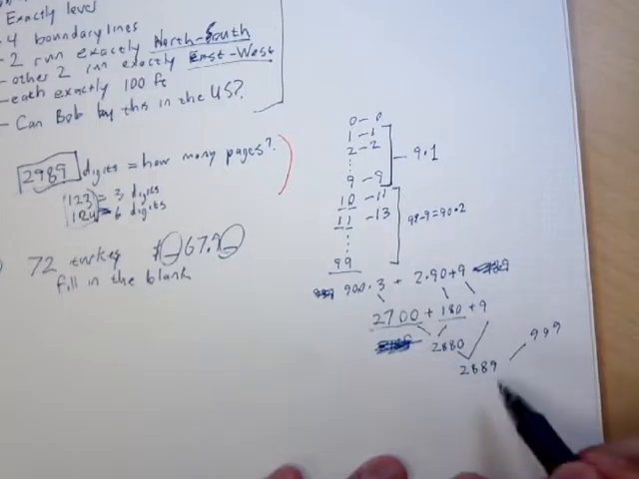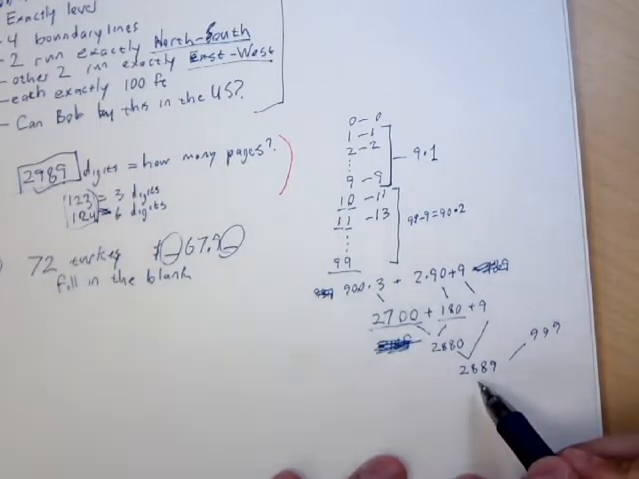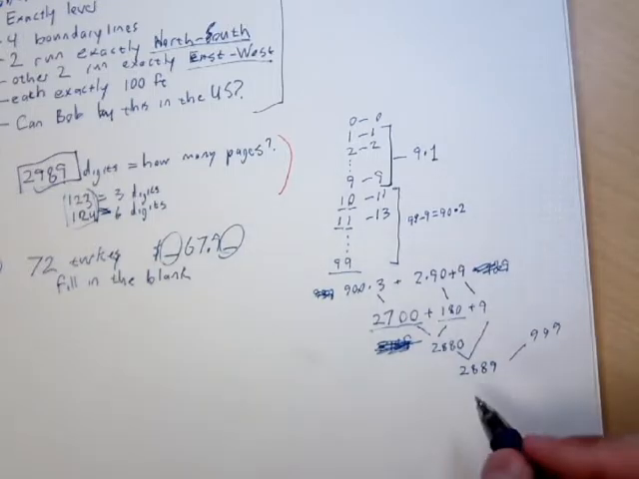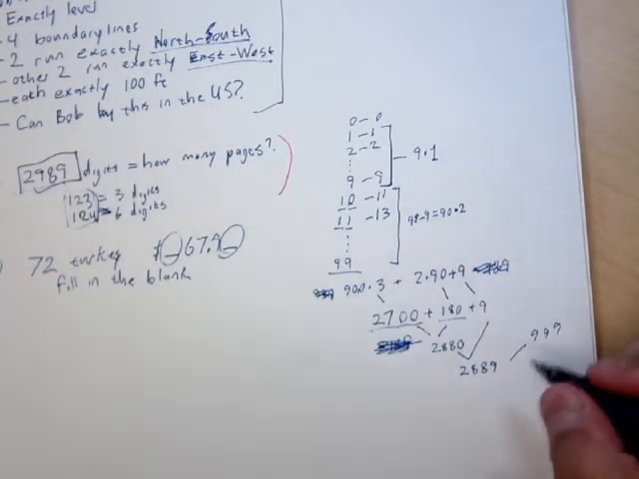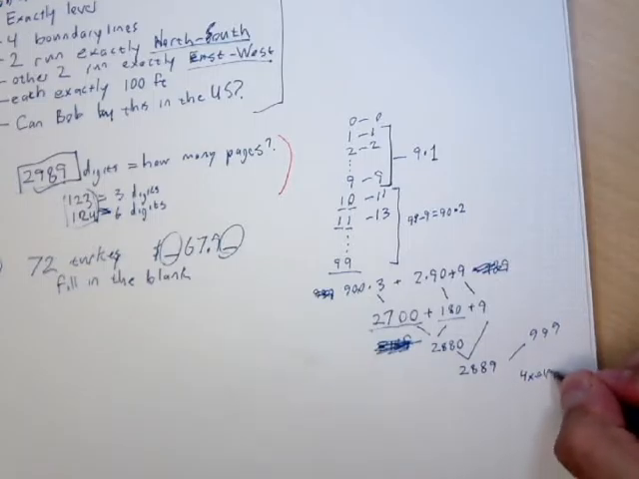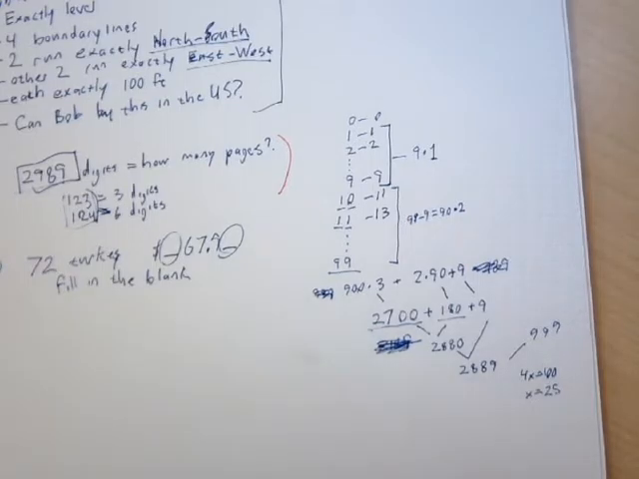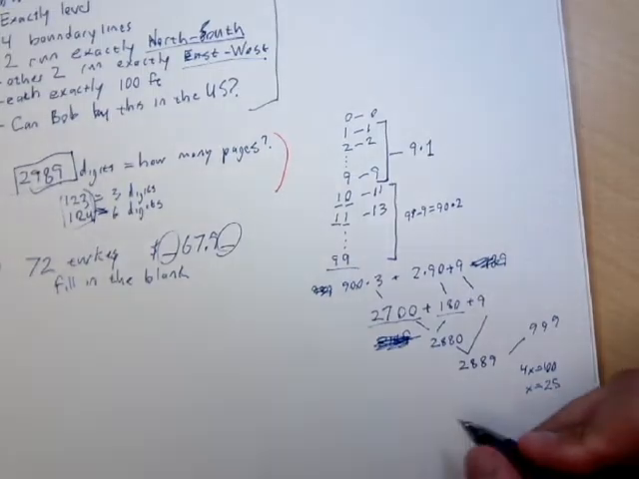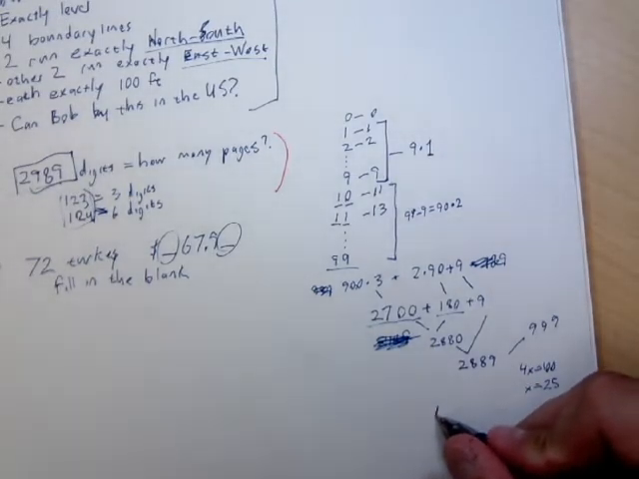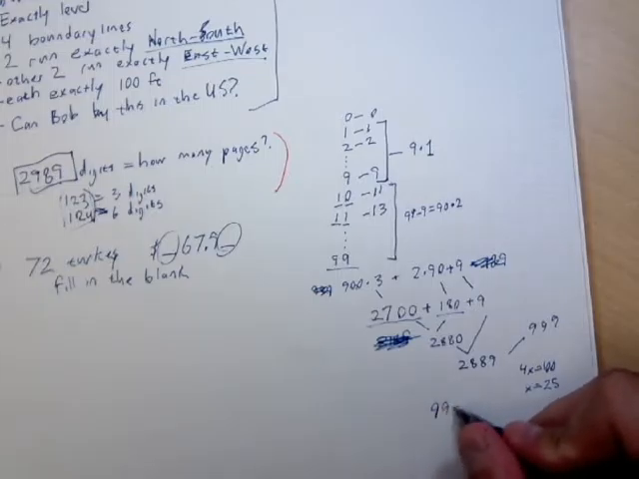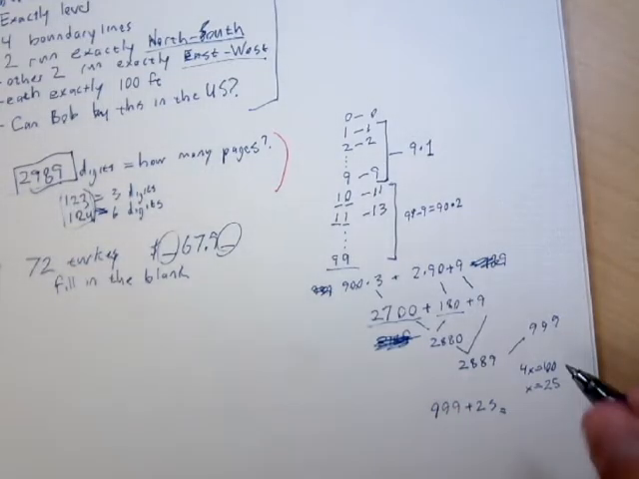I'm off by, it looks like I'm off by 100 over here. So I'm looking for 2989. So 4x equals 100. That gives me x equals 25. So if I have 25 pages in the 4 digits in the thousands, then I expect to get 2989, which means that I would have a total of 999 plus